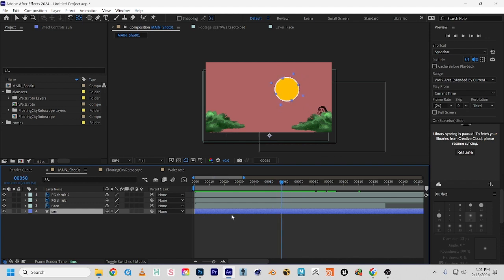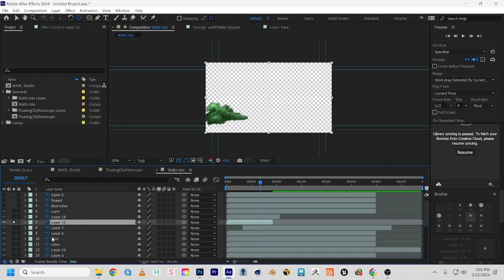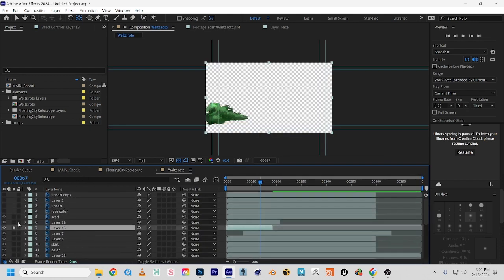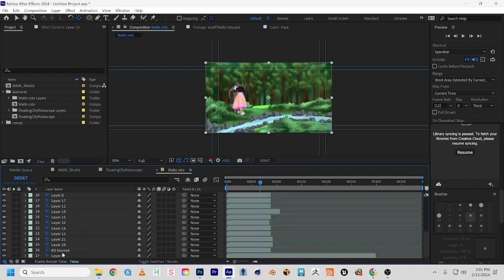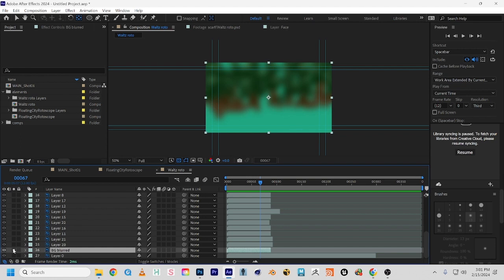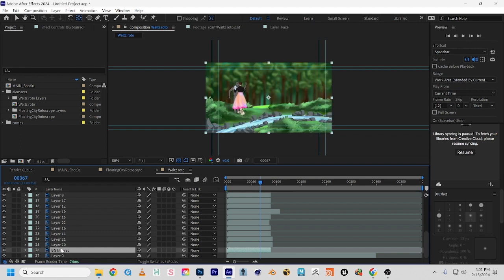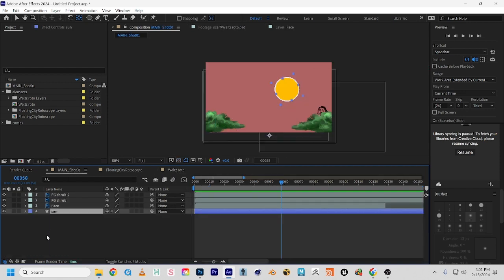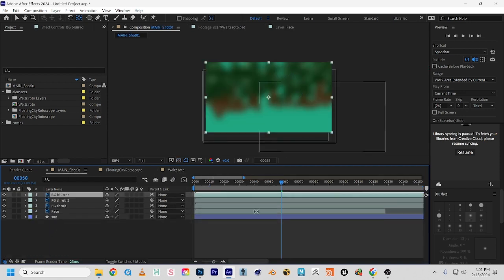Let me show you how you can mask certain layers or footage. So masking means that you're hiding something, right? So let's take the background from Jackie's. Let's take this whole background, right? So there's no animation on it, which is fine. We're going to use it as more of a texture. So I'm going to Control-C, copy that into my main comp, Control-V. And then now we can use the same shape